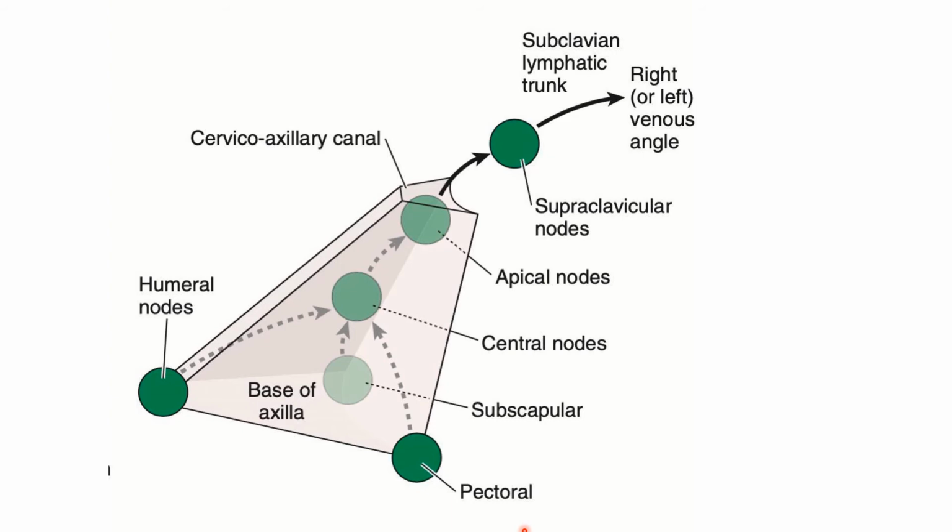The lateral group of lymph node and pectoral group of lymph node drain their lymph into central group of lymph node. This represents the posterior group of lymph node which drains the lymph from the back and scapular region and finally drain the lymph into central group of lymph node. From the central group of lymph node, the lymph is drained into the apical group of lymph node which are located at the apex of axilla. From apical group of lymph node, the lymph is drained into subclavian lymphatic trunk. However, few of the lymphatics drain into the supraclavicular and infraclavicular group of lymph node, which finally drains into the subclavian lymphatic trunk.